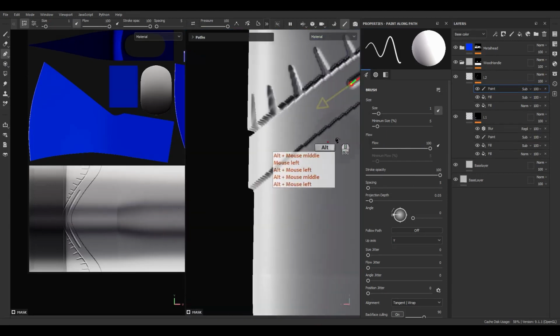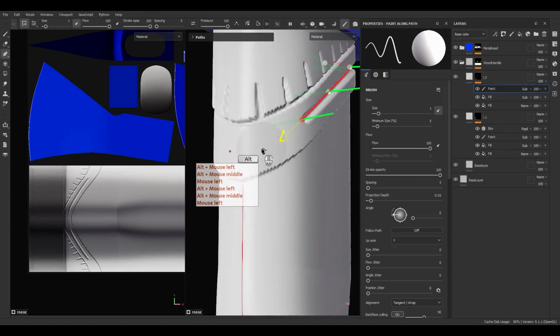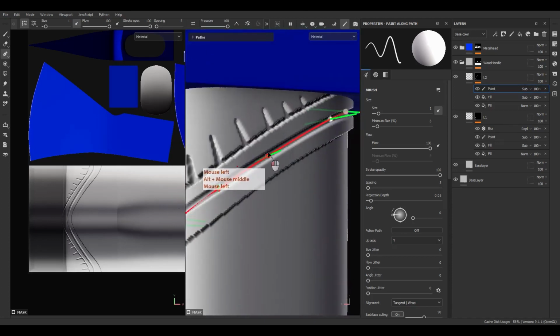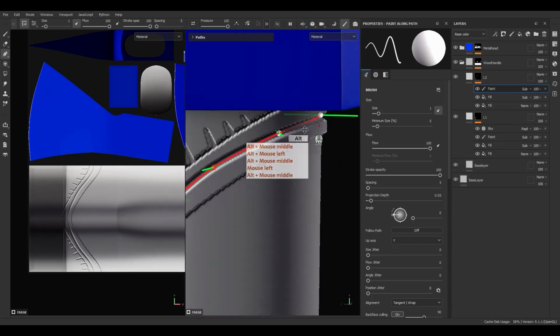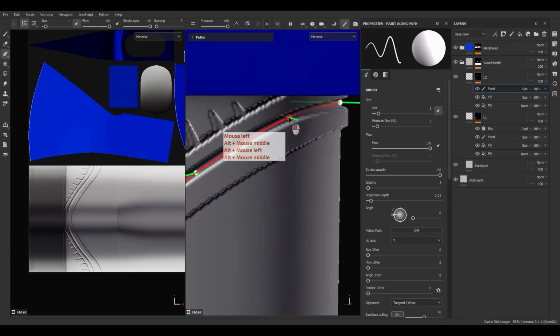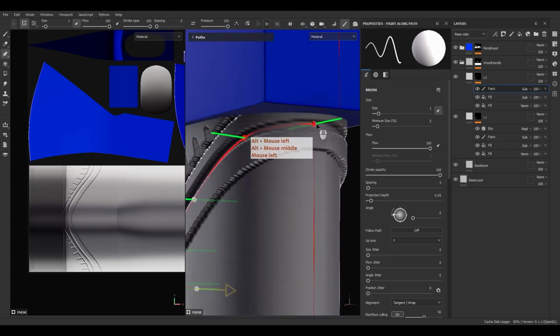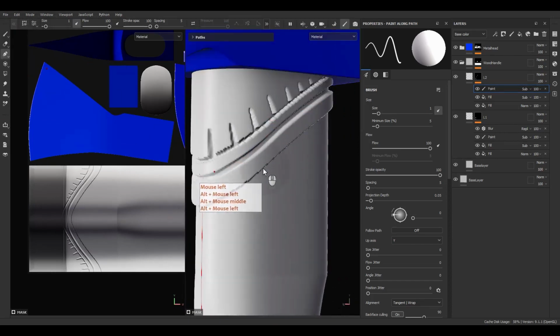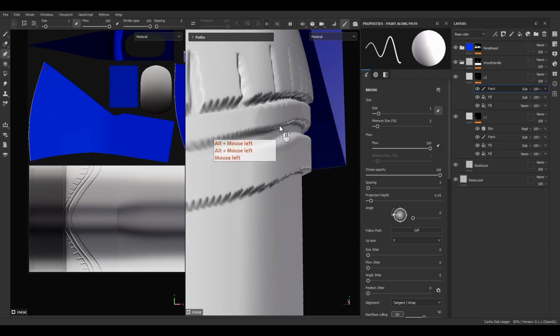Okay, and let's add my vertices and reposition them to achieve the curve that I want. Okay, that's it. Everything is okay, and I can modify the amount of the subtraction with the opacity value here,